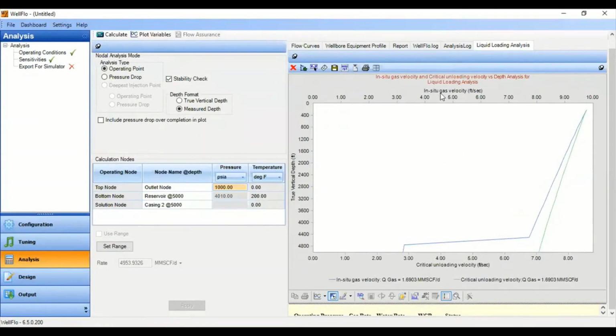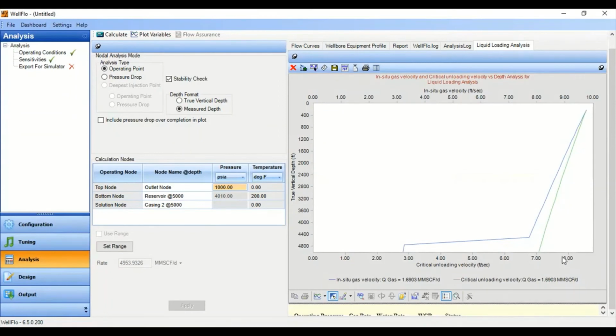But please make sure the scale is the same. As you can see, for in situ gas velocity, we start from 0 to 10 feet per second. But for critical unloading velocity, we start from 0, but we end at 9.